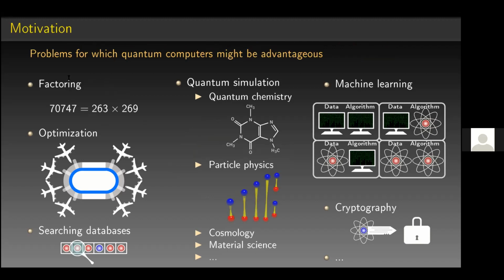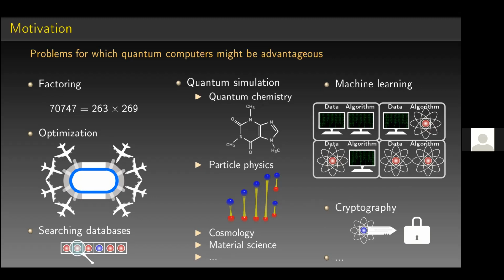than classical computers. One of the things you probably heard about is Shor's famous factoring algorithm, which is concerned with factoring a large number into primes. To the best of our knowledge, this algorithm would be exponentially faster than the best known classical algorithm. But there's also a variety of other problems where quantum computers are or could be more efficient. For example, combinatorial optimization problems, searching unstructured databases, certain problems in machine learning, or also cryptography in general, because quantum states have a very peculiar nature, and you can use this nature to design protocols that